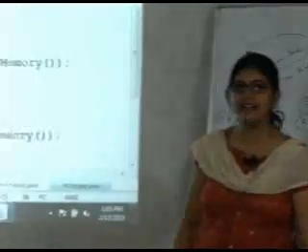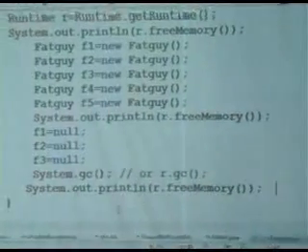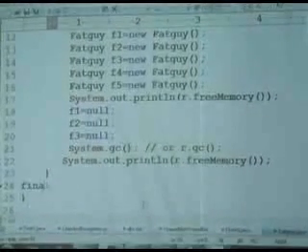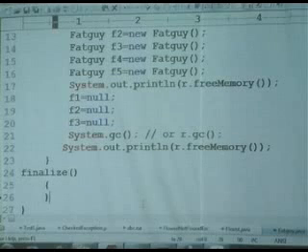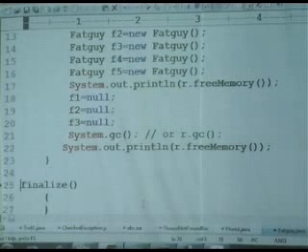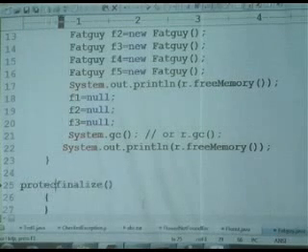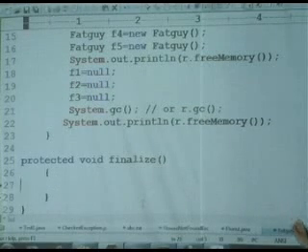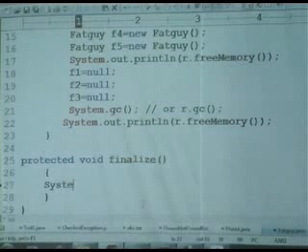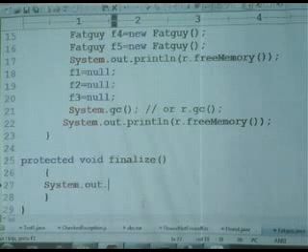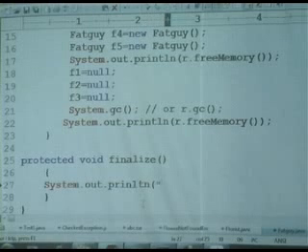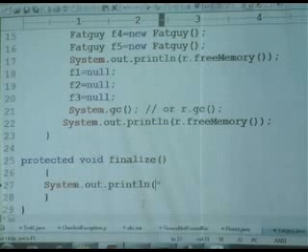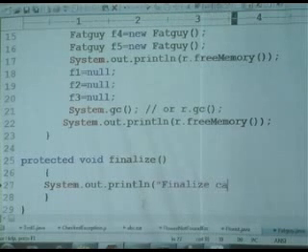Can you please write finalize? Okay. You have a finalize method. You need to override that finalize method. Just give it properly: protected void finalize. I am overriding this method. Okay, I am writing System.out.println. Suppose I am doing all the cleanup activity over here. System.out.println("Finalize called");